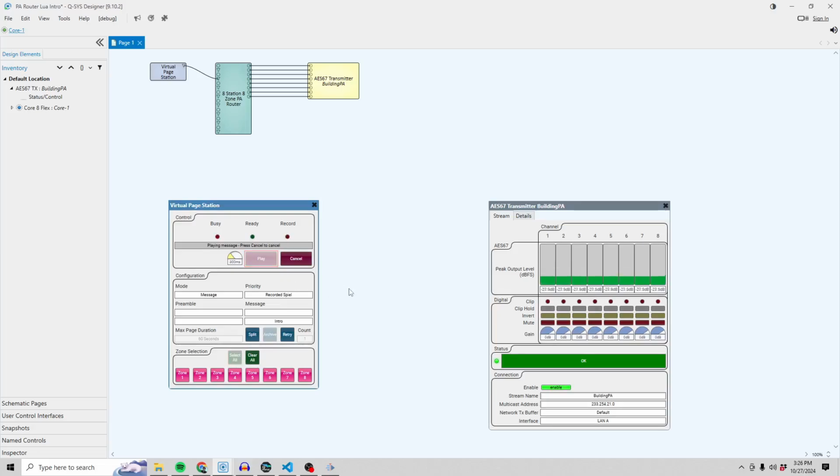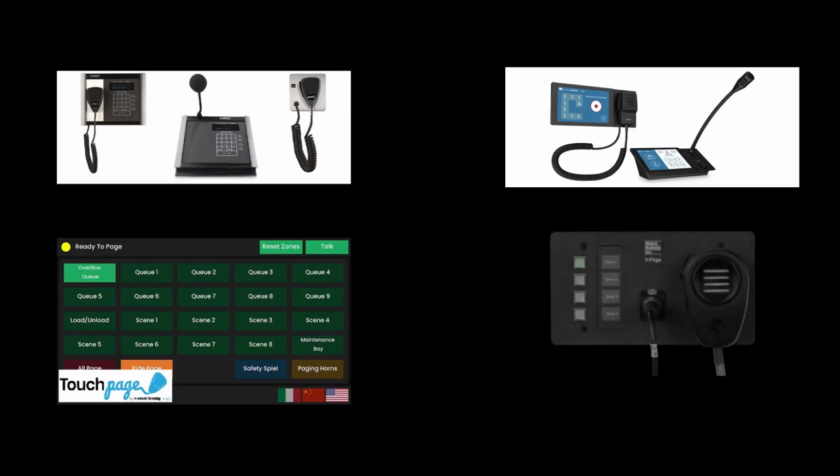The public address, or PA, features of Q-Sys allow for easy management of audio announcements via either a live microphone or a recorded message to one or more zones located throughout the facility controlled by your design. The PA router is the core component in a PA system and manages the routing of audio to the various zones. Normally, the PA router is controlled by virtual page stations or hardware paging stations from QSC or another vendor